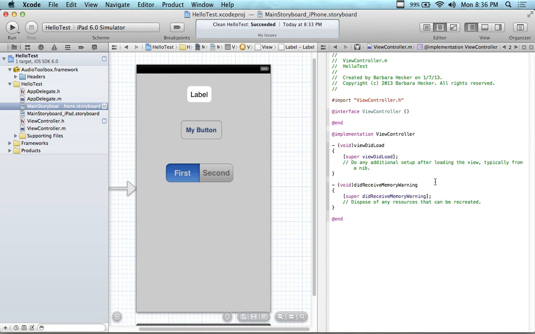So you can modify how the view is loading and how the app is running by controlling the memory component of it, which is kind of interesting. So dispose of any resources that can be recreated, make enough memory available, adjust things, which is what this is all about. So what I'm going to do, actually, because I'm looking at the time and I'm feeling pressured,